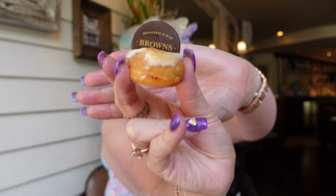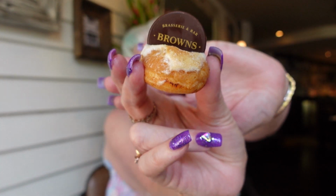I'm ready to start on my sweets. This is a lemon posset profiterole. It has little browns in it. Lovely. As profiteroles go, that was not necessarily a profiterole, where it's really airy and light. It was more like a little cake, but the lemon was really shining through. And I tried the Brown's disc, and it was lovely. The lemon and the chocolate was really nice, but it's definitely not a profiterole, but a really nice little